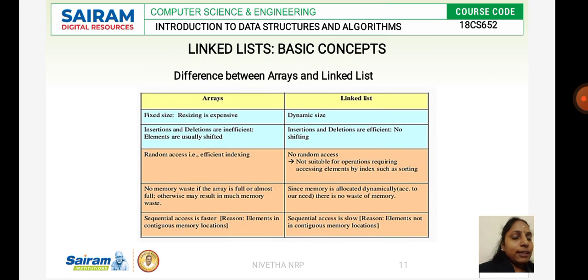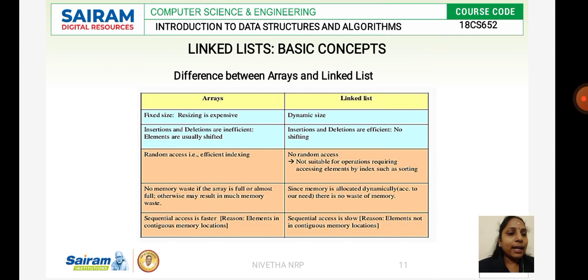The fourth limitation we have with arrays is the problem of wastage of memory. What is wastage of memory here? If I declare the array size, that particular memory is frozen for that particular program, that particular application. If I declare the array size as A[10], even though I am not using all 10 elements, if I am using 5 elements, the remaining 5 elements I will not be able to use, since they have already been frozen for that application.